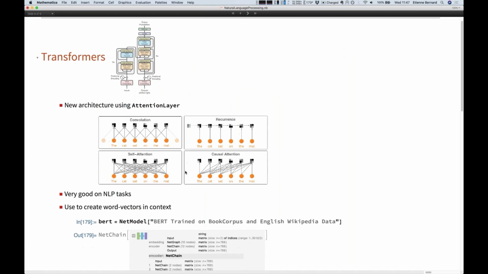training. Okay, so another one of this model is GPT, done by OpenAI, and you probably heard about it recently when they did GPT-2. That is excellent at generating text. So we don't have yet GPT-2 in the repository. It's coming very soon. So it's probably a matter of weeks. And then you can train it yourself. But I want to show you, even with GPT, what you can do for language modeling task.